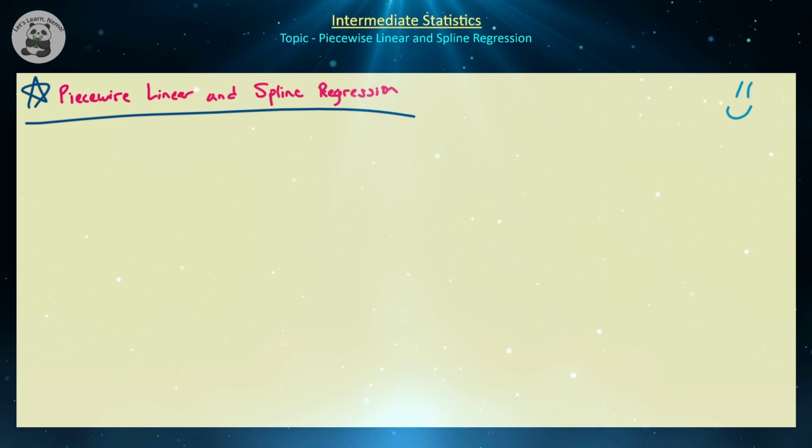Today we're going to continue our exploration of regression techniques and focus on two methods that are sometimes referred to as piecewise linear regression and spline regression. Let's just first go over the basic ideas of linear regression so that we at least have the fundamentals to